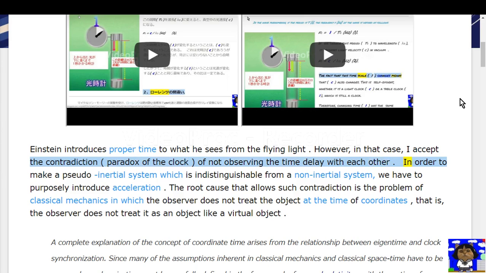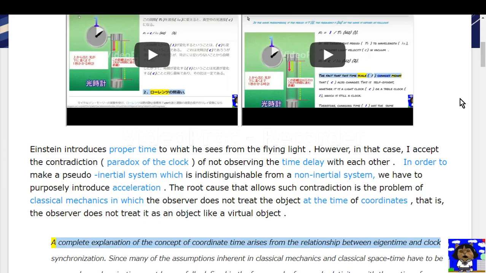In order to make a pseudo-inertial system which is indistinguishable from a non-inertial system, we have to purposely introduce acceleration. The root cause that allows such contradiction is the problem of classical mechanics in which the observer does not treat the object at the time of coordinates, that is, the observer does not treat it as an object like a virtual object. A complete explanation of the concept of coordinate time arises from the relationship between eigentime and clock